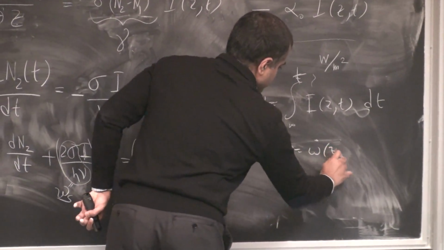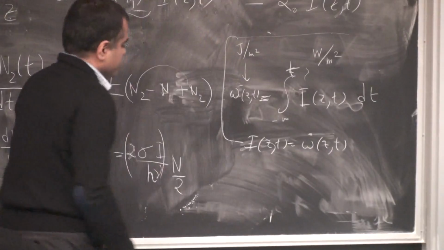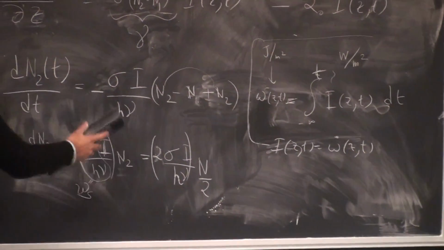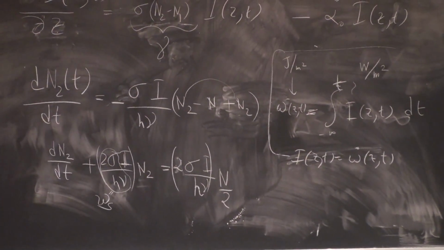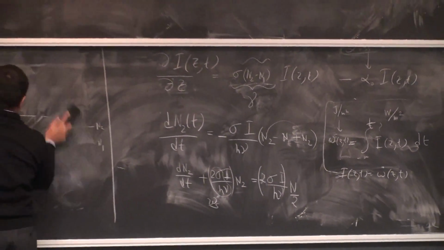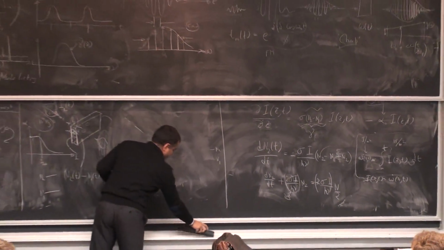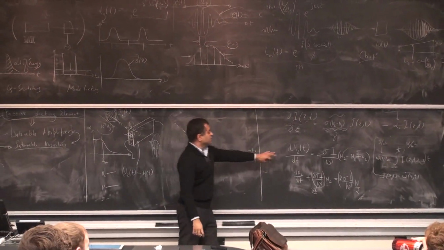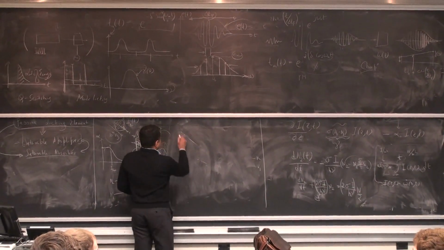W dot (z, t), dot being the time derivative, right? So that being said, what I want to get to now is write down a modified equation for the time derivative of the N2s, right? And what you get here is that